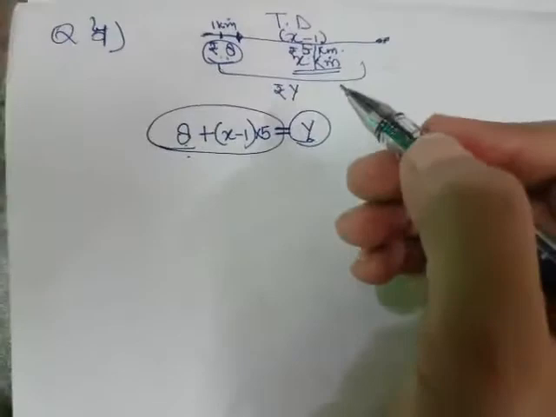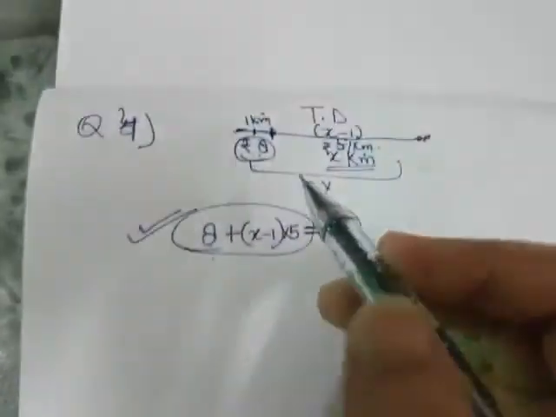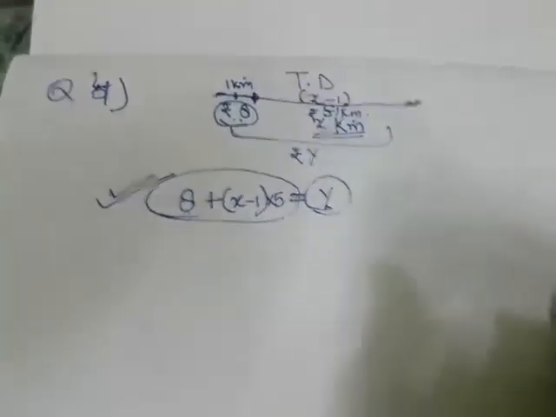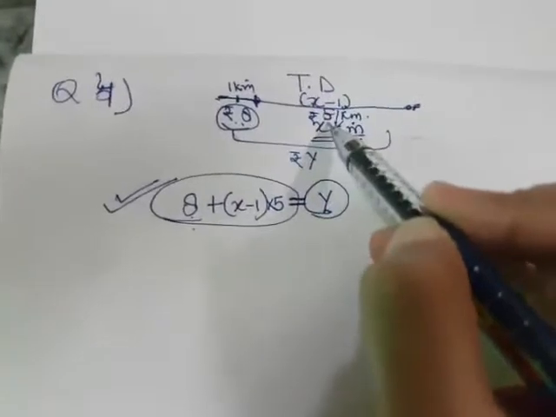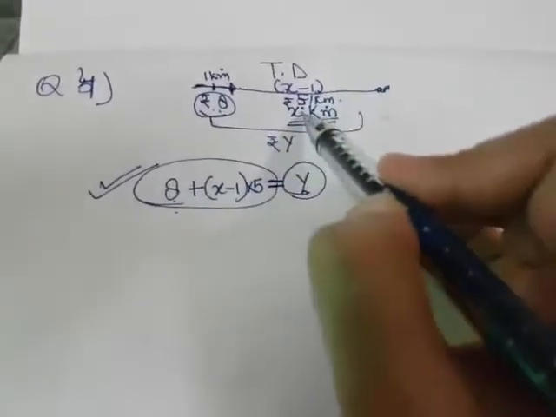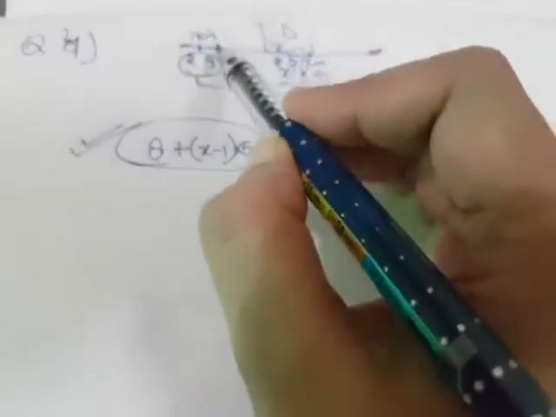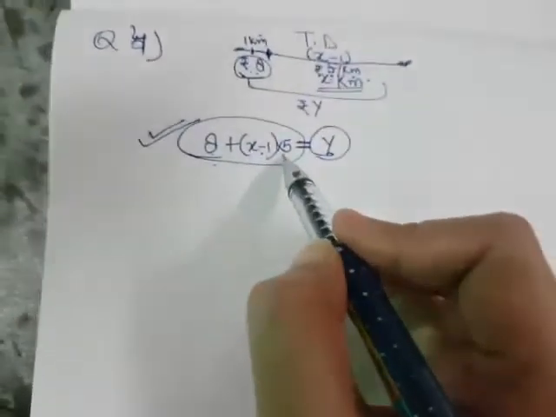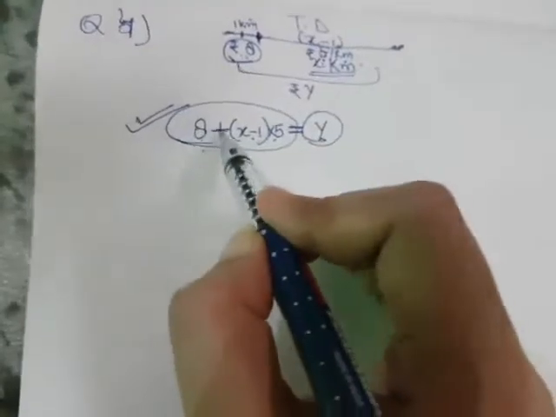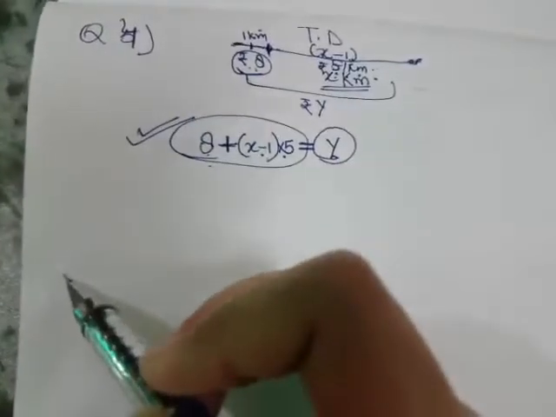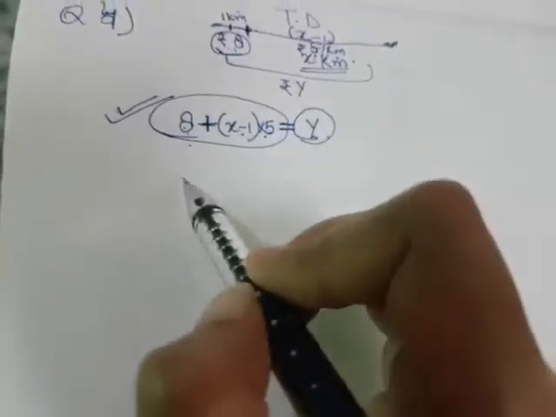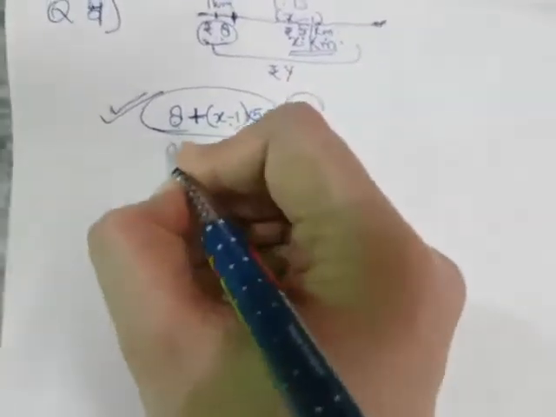Now just form the equation. Is it clear or not? Because this is the main part. यही मेन पार्ट है. स्टूडेंट्स क्या करते हैं, बस x में मल्टीप्लाई करते हैं 8 प्लस x इंटू 5. नहीं, x इंटू 5 नहीं करना है, x माइनस 1 इंटू 5 करना है, क्योंकि वो रिमेनिंग डिस्टेंस के लिए 5 रुपीज़ पर किलोमीटर है, फर्स्ट किलोमीटर के लिए फिक्स्ड है 8. ठीक है, तो x माइनस 1 की मल्टीप्लाई होगी 5 में, और उसमें जो फर्स्ट किलोमीटर का जो फिक्स फेयर है वो हम ऐड कर देंगे. सो दिस विल ऑल्सो बी टोटल फेयर एंड दिस इज ऑल्सो टोटल फेयर. अब इक्वेशन को सही फॉर्म में कर देते हैं.